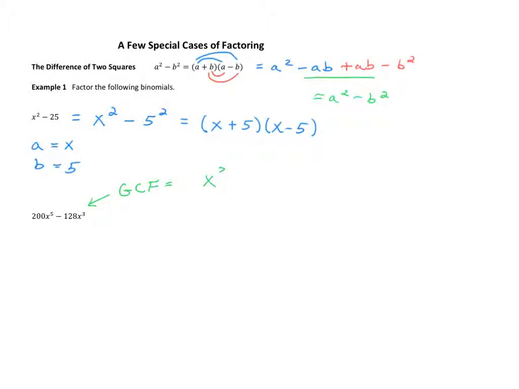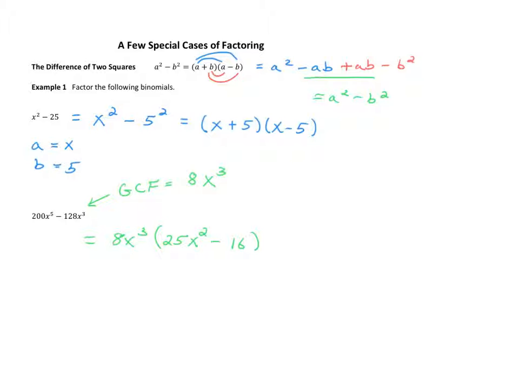The most you can take out is an x cubed, but between 200 and 128, what's the most that can come out of there? Okay, after a little bit of work, I just had a calculator here. I tried dividing numbers into both 200 and 128, and I found that the most I can take out of both of those numbers is 8. So let's remove that greatest common factor. That means you have 8x cubed, and then what is left over? Well, it would have to be 25x squared, and then minus